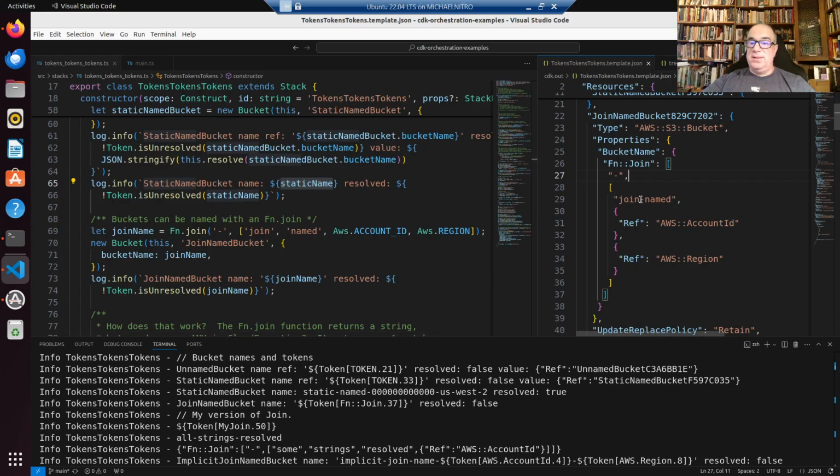Oh, hold it. The CDK was smart enough to know that join dash named, you can do this part of the join at compile time. So it's basically saving the CloudFormation service some work by doing that work at compile time. So that's kind of nice. They put join dash named here, and then they put the two intrinsic function calls, one for the account ID and one for the region after that. And so this will resolve to join dash named dash my account ID dash my region, very similar to the static name bucket that I did above. Okay, so